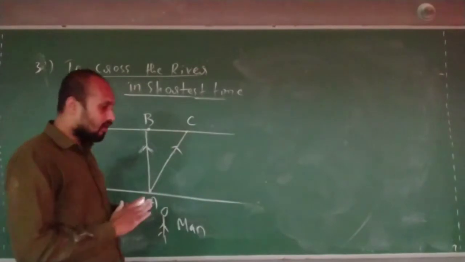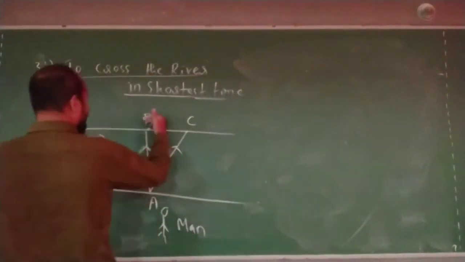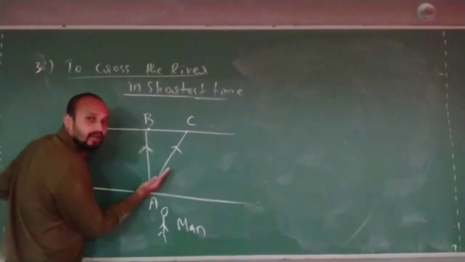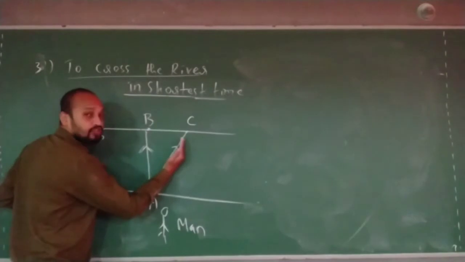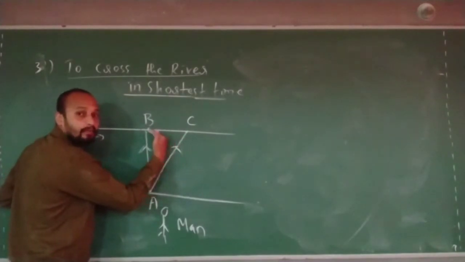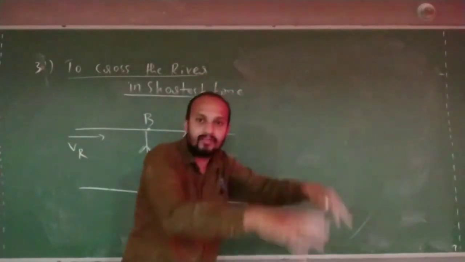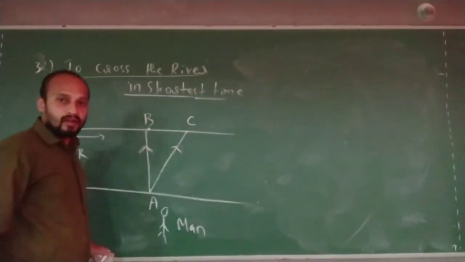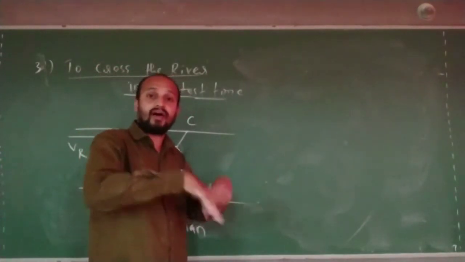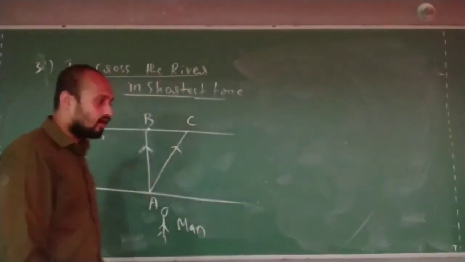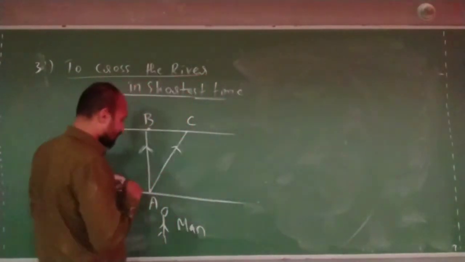So that is why, if you are ever stuck in a river in future, if you are crossing the river, most of the people die because they want to reach this target. The river will be pushing them here and they will try to come like this. The time taken to reach that point will increase and they will get drowned. Most of the suicidal or accident cases happen while crossing the river. People will die because they do not have the idea of physics.